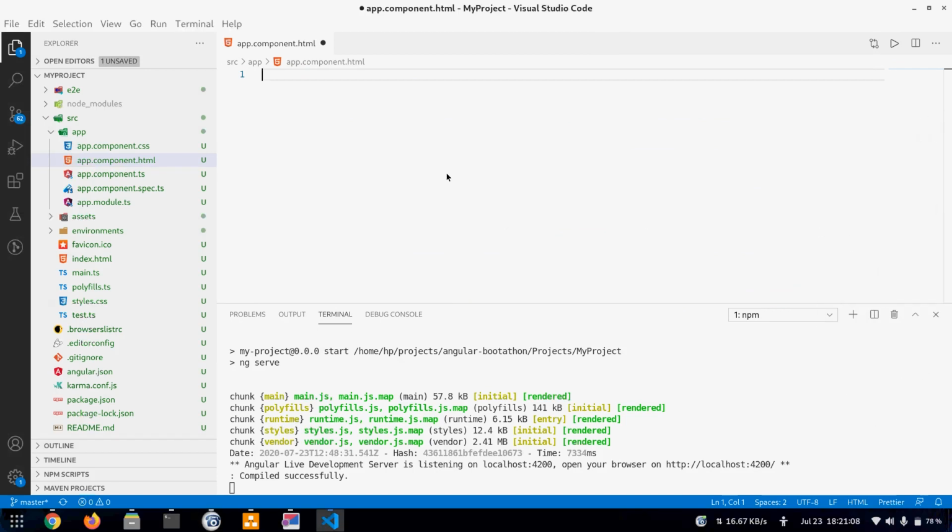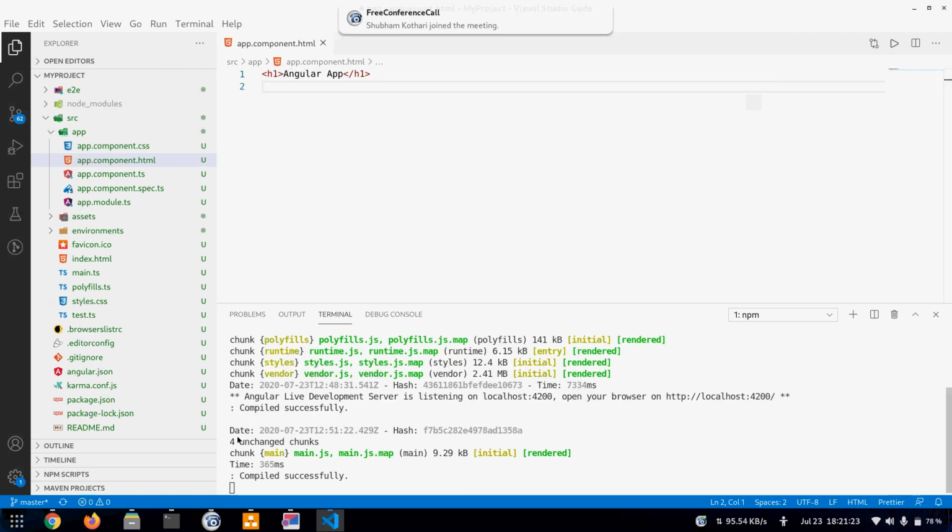Yeah, thank you. Okay, so we will delete everything from app.component.html, that's dummy data that we get, and we can write anything like HTML. Now we'll save it and we can see that it automatically recompiled. And if we open that page again, you can see that now it shows this Angular app.